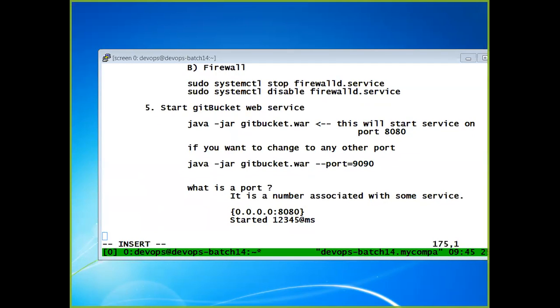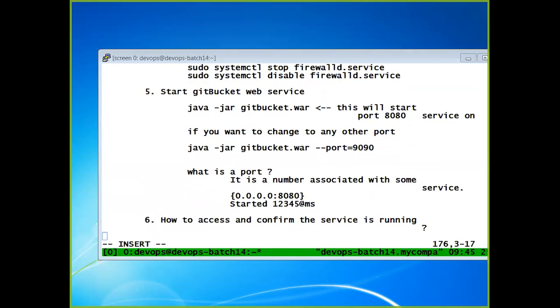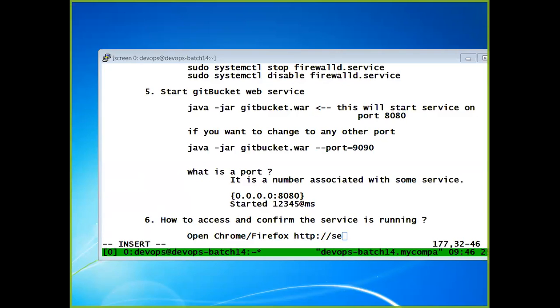And how to access the service now? How to access and confirm the service is running. Simple. You go to the web browser, open Chrome or Firefox, and type http:// the server IP and the port number.